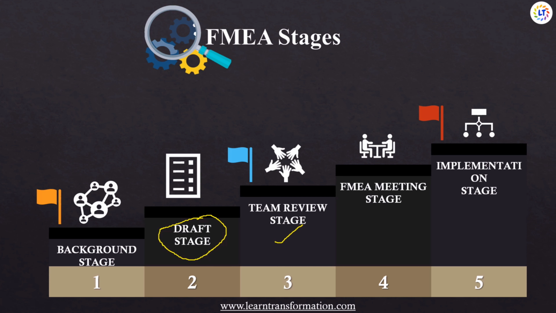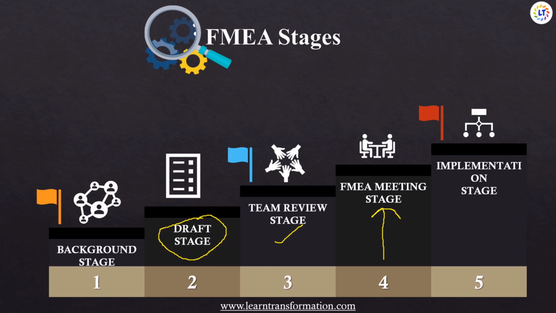The fourth stage is the FMEA meeting stage. In this stage, the team meets to review and discuss the composite form. They reach consensus on severity, occurrence, and detection. They calculate risk priority numbers and develop recommended actions to eliminate the risk of failures, and agree on responsibilities and timing for all recommended actions. After that, the recorder completes the FMEA form and distributes it to the team members.